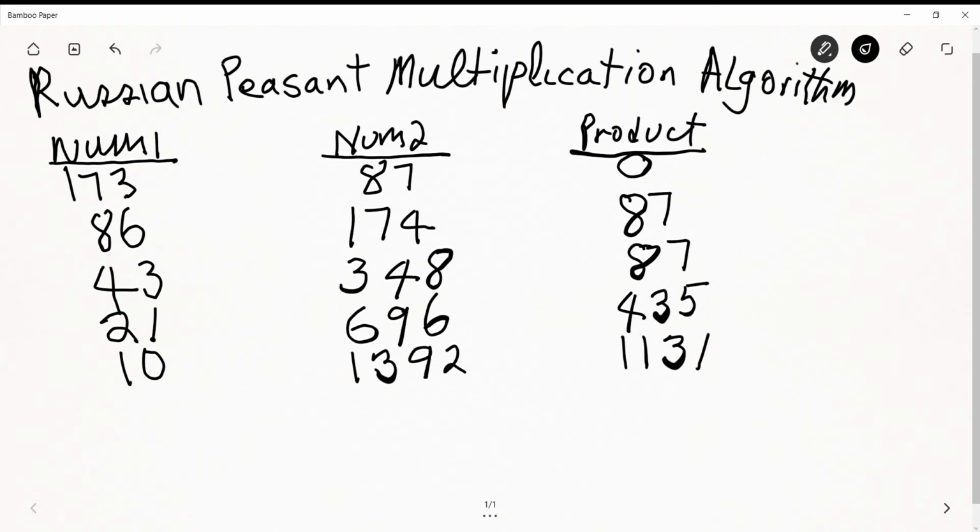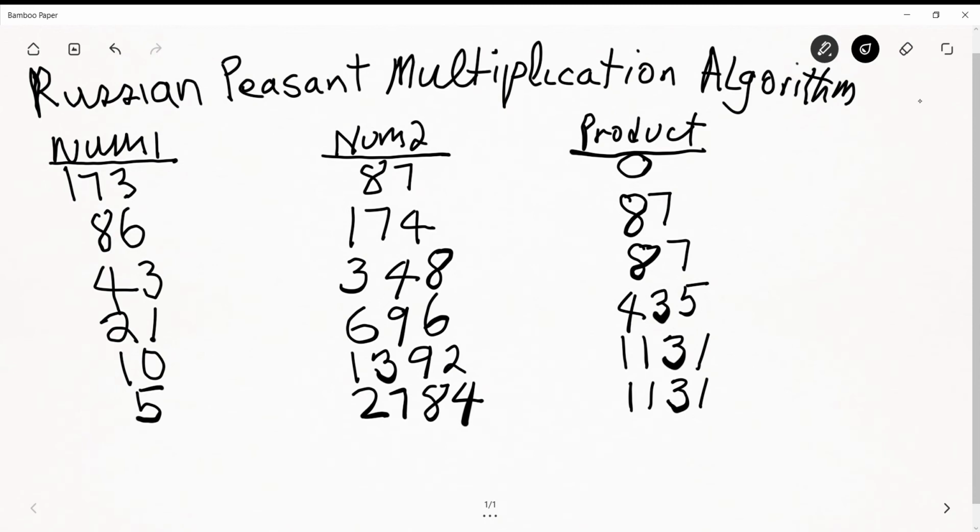Now the first number is an even number, so let's not do anything to the product. Just leave it as it is, 1131, since the first number is an even number. After that, you divide the first number by 2. You multiply the second number by 2, so that gives me 2784. Okay, so now I have 2784,